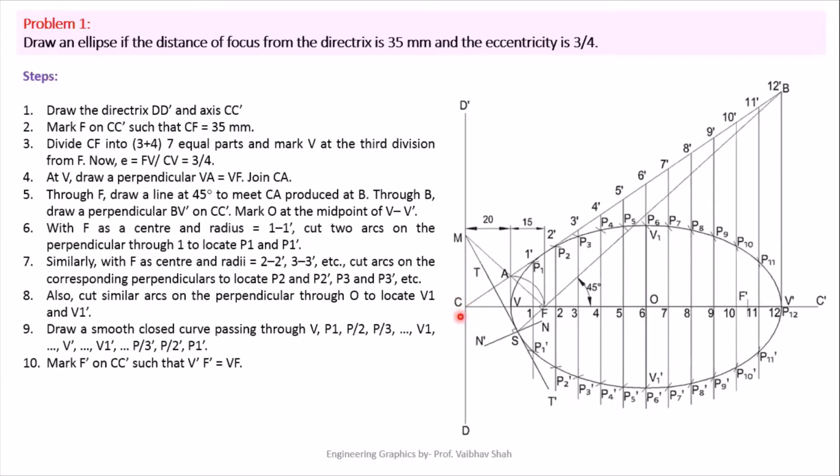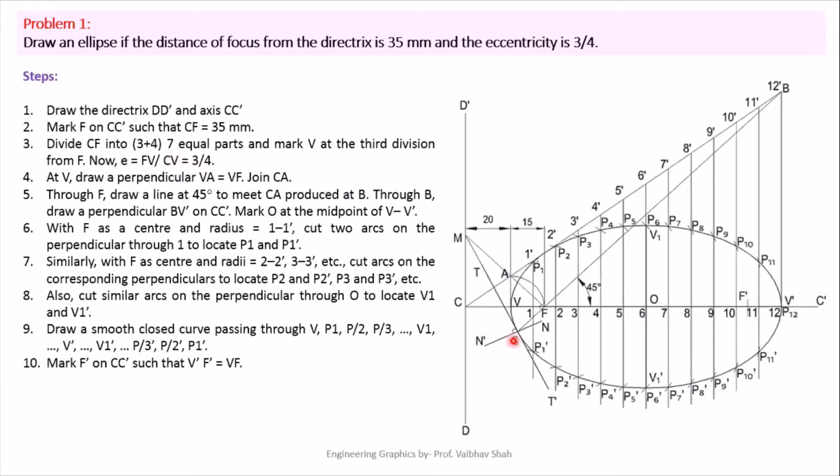any point C somewhere here and draw one axis CC dash. After that, the distance of your focal point from the directrix is given, 35. So let us draw 35 mm away your focal point F, which is 35 mm away from your directrix. Now your eccentricity is given 3/4. So 3 parts plus 4 parts, that means our focal length must be divided into 7 equal parts. So let us divide this focal length into 7 equal parts, and in which our eccentricity